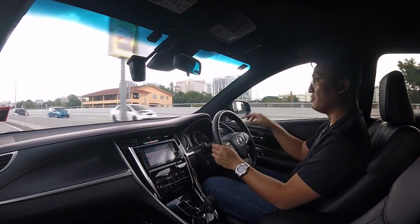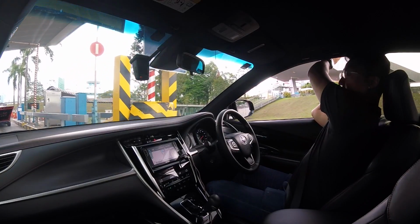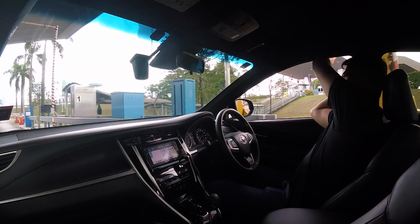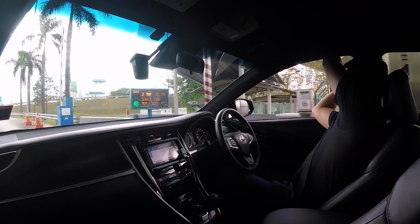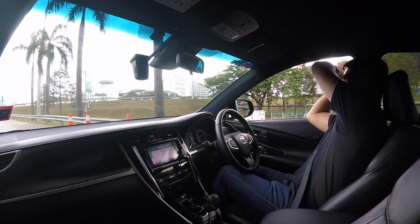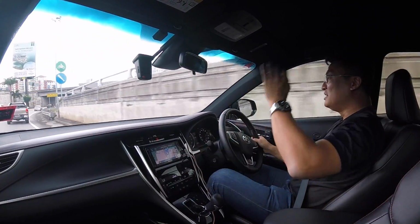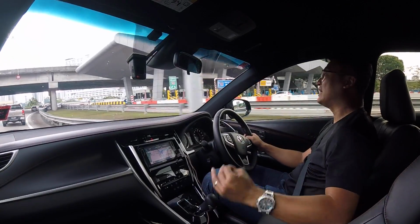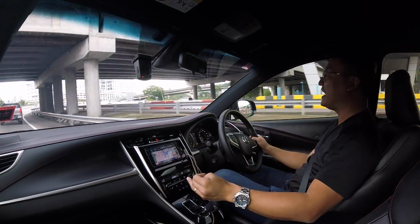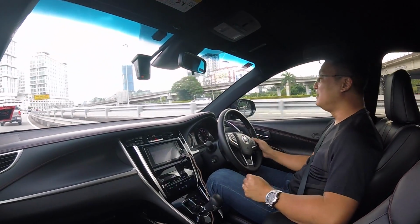Oh, the moment of truth. Let's try the Smart Tag. Nice! All cars should come with built-in Smart Tag and built-in dash cam and built-in turbochargers and